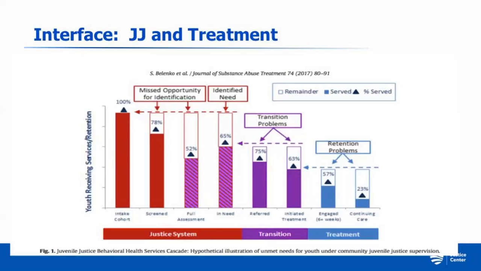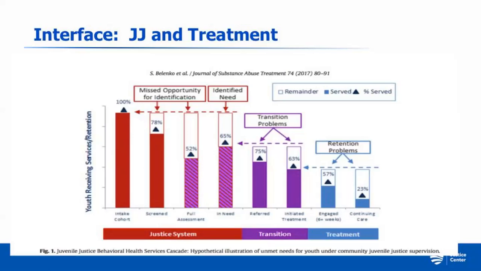Okay, so this article that's in the Journal of Substance Abuse Treatment, the first author is Steve Belinko, and there's a ton of other folks, including myself, that are on this article. But essentially, what I like about this graph is they show us that there are certain measures that should come from the justice system. Then there are other transition measures that need to come from either the justice system or the health system, because we know a lot of people don't get services within the justice setting, or there are collaborative relationships to hand off people from justice to health.